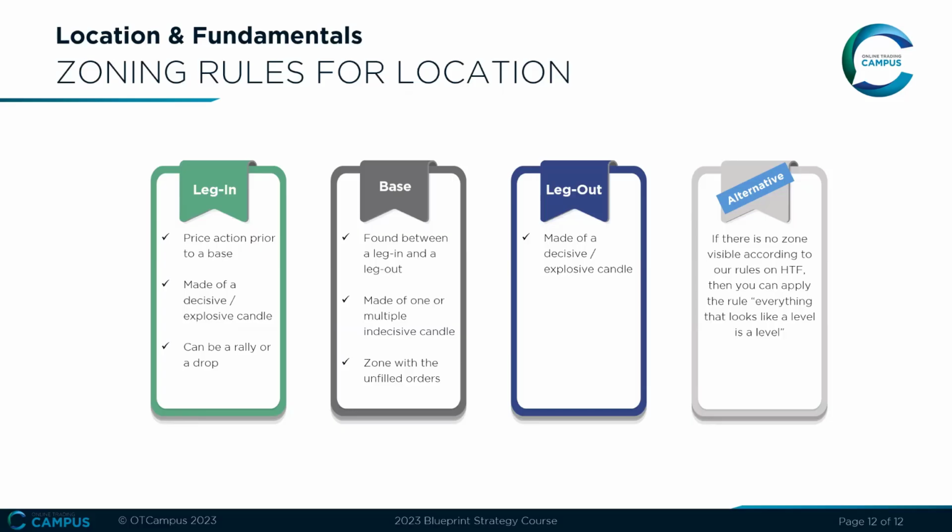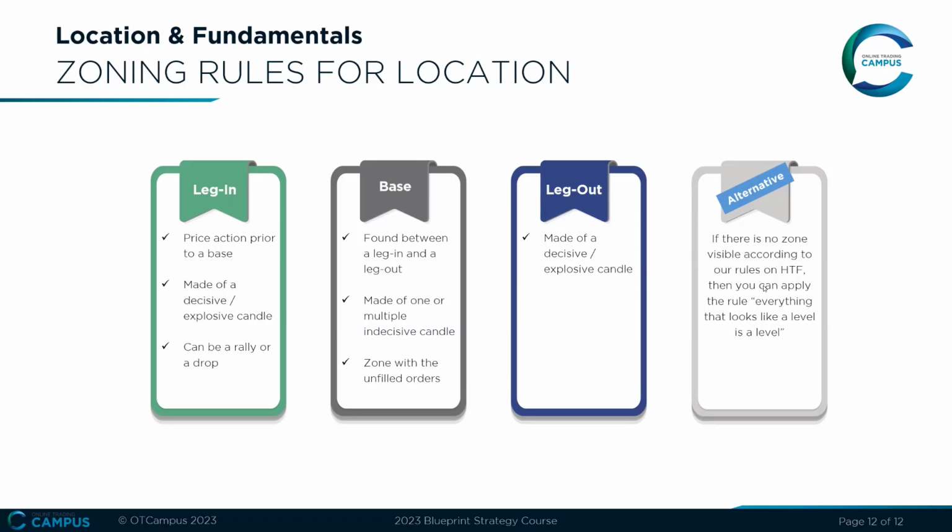That's why we look at the first fresh. That's one rule that is going to help us to identify which zone we're going to take, because there may be multiple zones that we can look at. So we'll always take the first fresh, the nearest. If the nearest is very far away, and it's going to take some time for you to understand what is really far and what is not far, if the nearest fresh demand and supply zones are very far away, then you can apply the alternative set of rules, which is